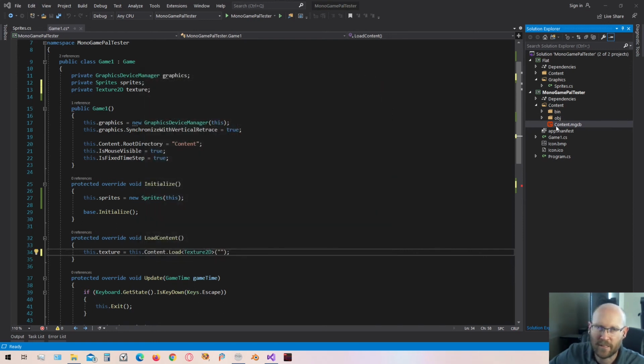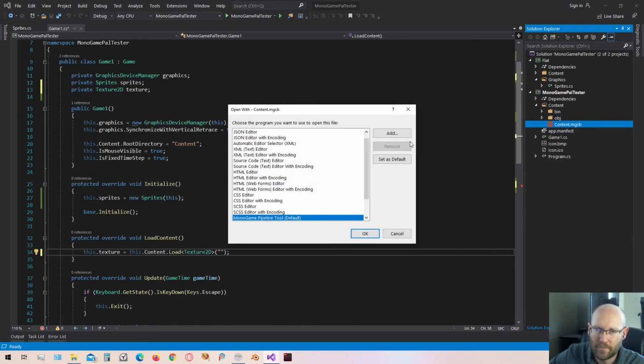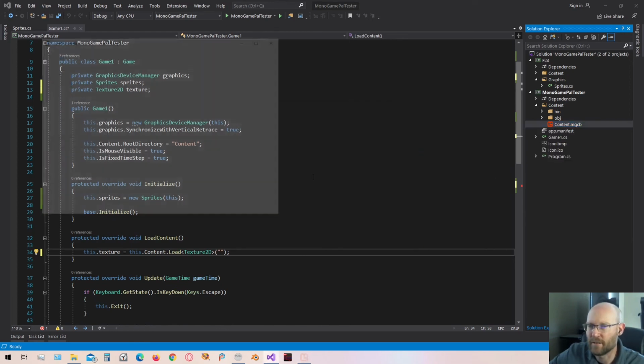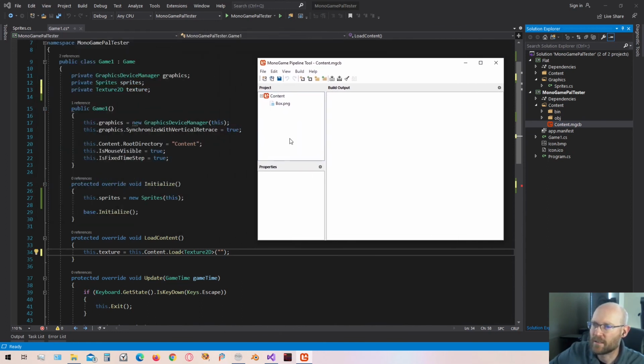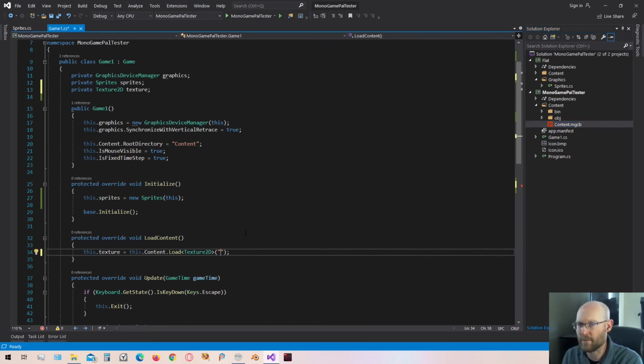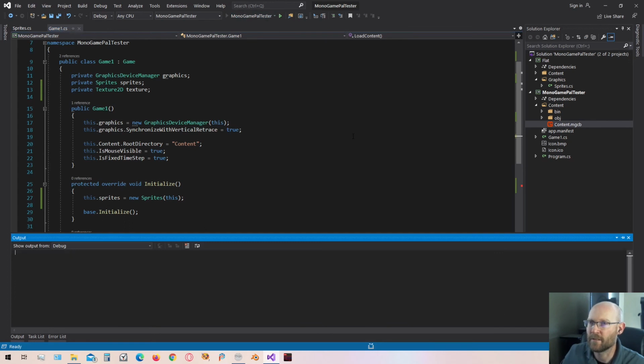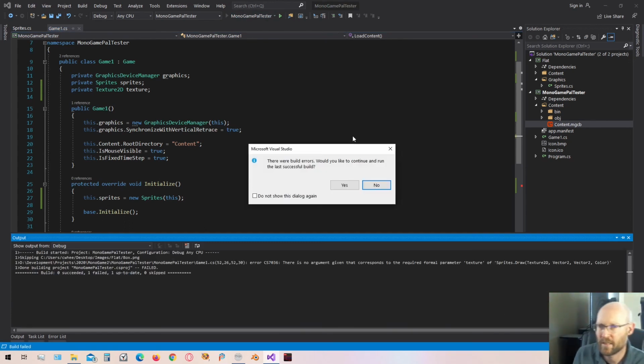Oh, and actually let's look at one more thing. Let's go back there because we need to know the naming convention. The assets can now be retrieved by using this name without the extension. Okay, so this asset name, as far as MonoGame is concerned, is just box. If we want to load that now, we would say box, and that should load the box PNG and put it into this texture. And if I run this, let's just make sure we don't get any errors,